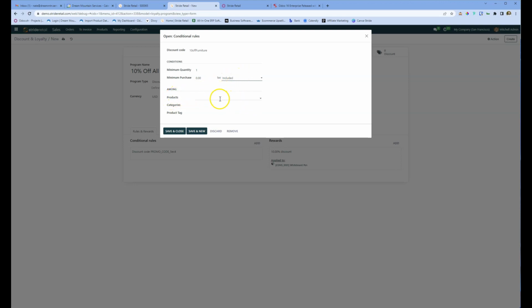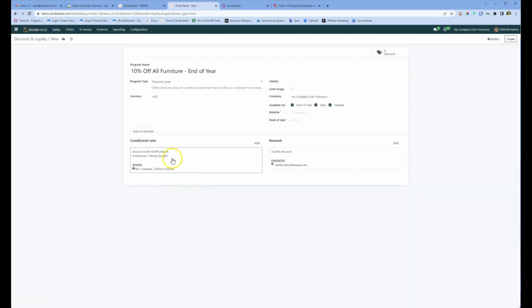Down here we can select if we want on certain products, on certain categories, or on product tags. So if we have some tags on our products, we can set them as the only ones that get this discount code. So today we're just doing this on all of our office furniture. So now that I've got that, we'll do save and close. So that's the only condition that we want. You can add as many conditions as you'd like. We're just going to do one condition,